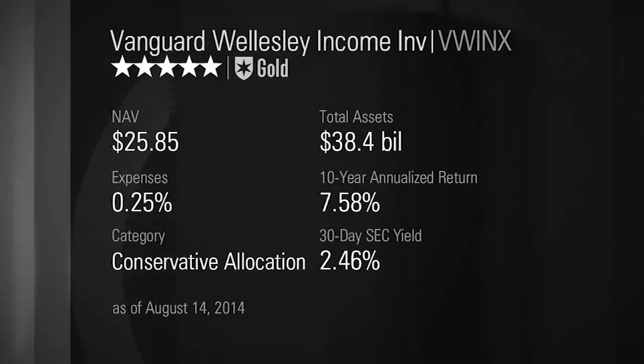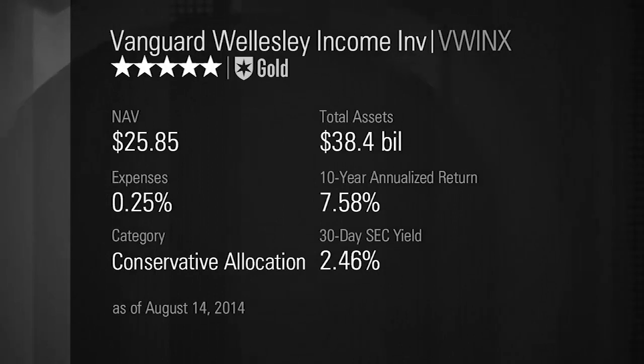Why do you like this one for maybe a little bit more conservative investor? This is a fund that I know our readers and viewers like a lot too, Vanguard Wellesley Income. And so the idea is that at least for the longer term portion of this bucket 2, you can take a little bit more risk and perhaps even have a little bit of equity exposure. So this fund invests roughly 60 to 65% of its assets in bonds, and it invests the remainder in stocks,